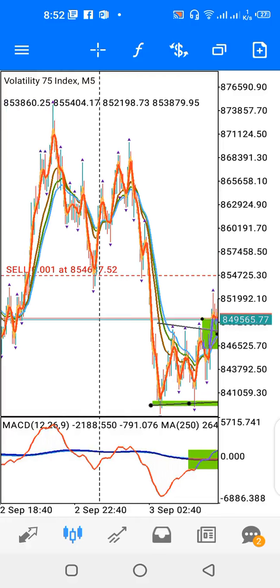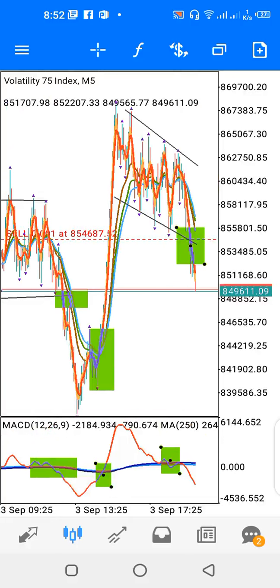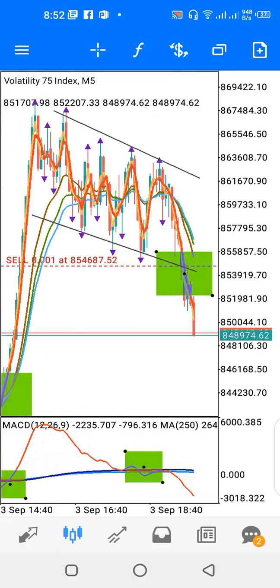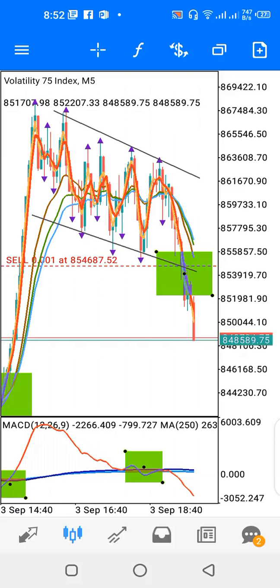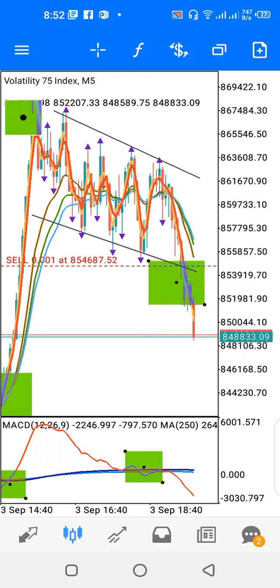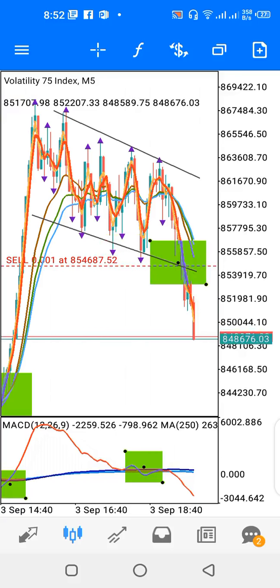Okay, it's a very good strategy. Make sure you backtest it, check it in line with what has happened in history. Does it really work? Is it really a good strategy? Like you can see, price is still going down as a result of the breakout and as a result of the crossover on the